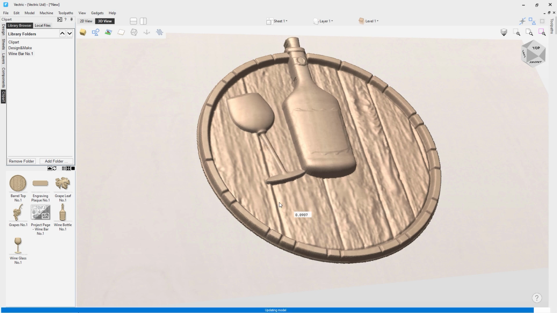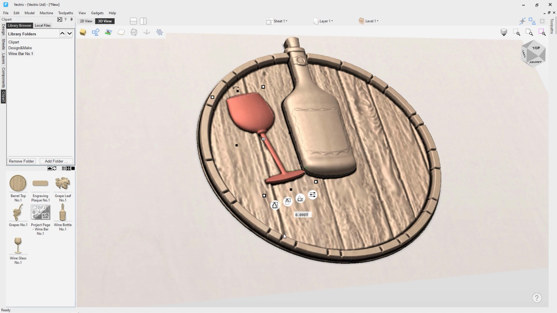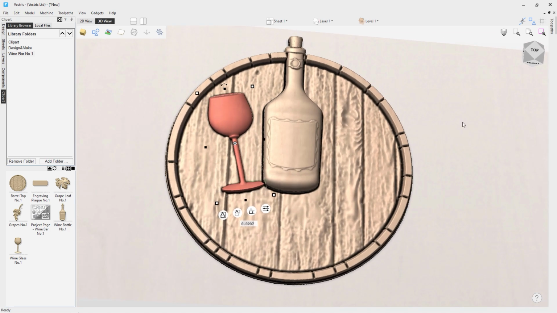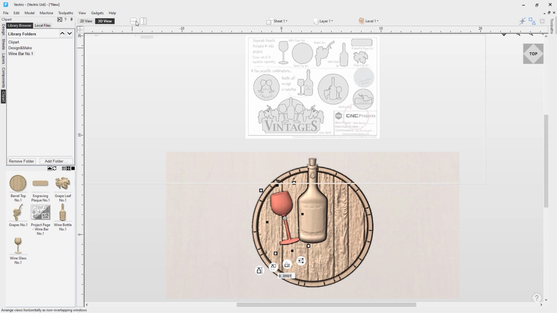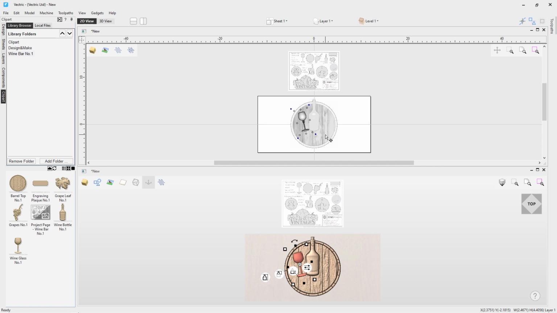I can show you another way you can do this actually as well. If you wanted to enter a value here and you wanted to know specifically what that value was, we can actually do this in the 2D view as well as the 3D view. If I tile my views here, if you hover your mouse over that point of the barrel, you can see in the bottom kind of right here that I get a Z value when I click onto that component. It's about